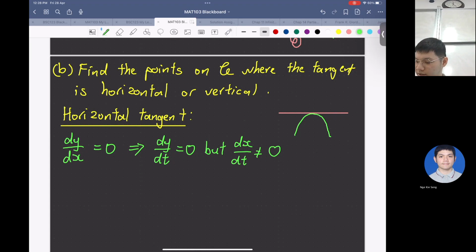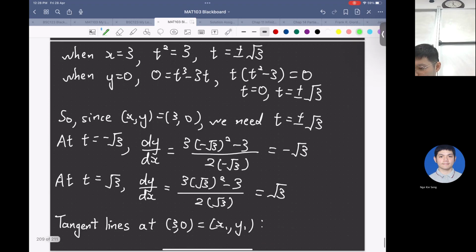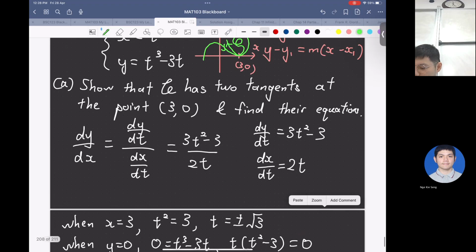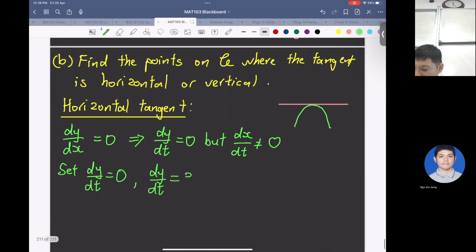So maybe we can take dy/dt equals 0. Okay, let's do this. I think this one is easier. So let's set dy/dt equals 0. So what's dy/dt? We already computed, right? dy/dt is 3t squared minus 3. Okay, set this equals 0. Okay, then we will get t equals